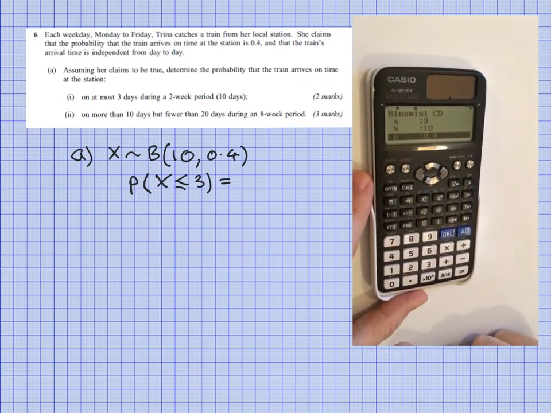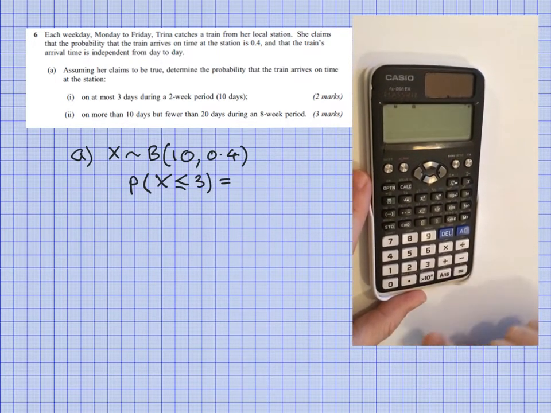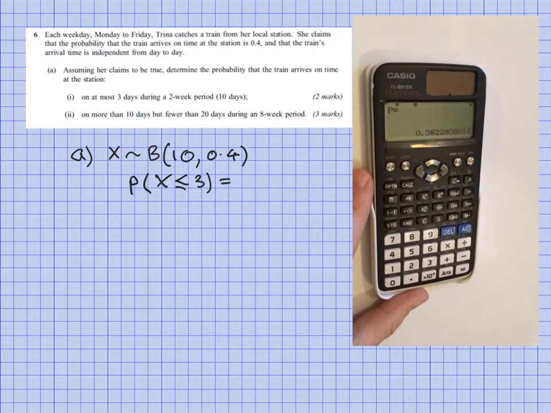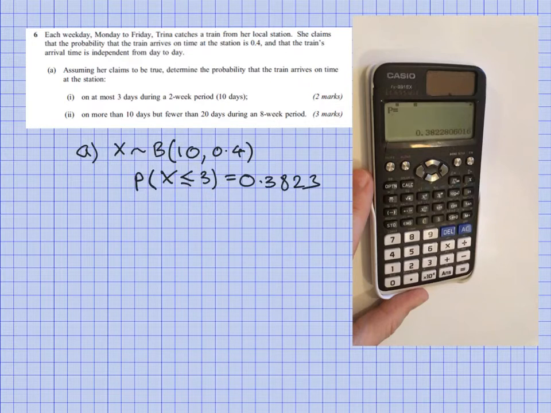Now we just need to press equals to get it to calculate for us. And there's our solution: 0.3823. So that's the solution for part A, 0.3823. That's finished. I'm going to clear the screen and we'll look at part B, which requires a different